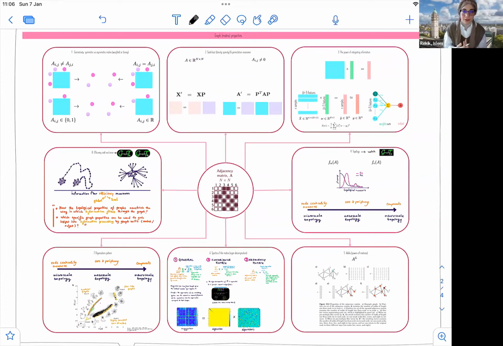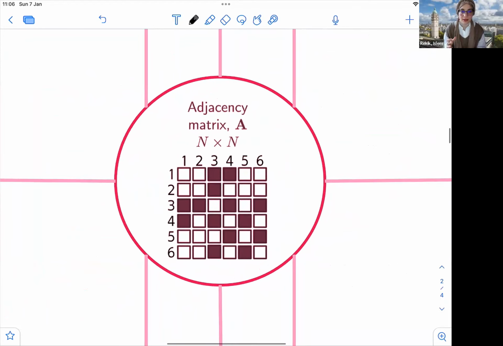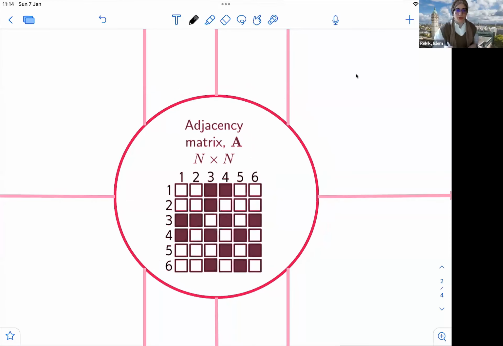So if you're interested, you can watch the graph theory series also. But I'm going to give you an overview of the most important concepts just to understand the importance of the adjacency matrix. So the adjacency matrix presents the heart